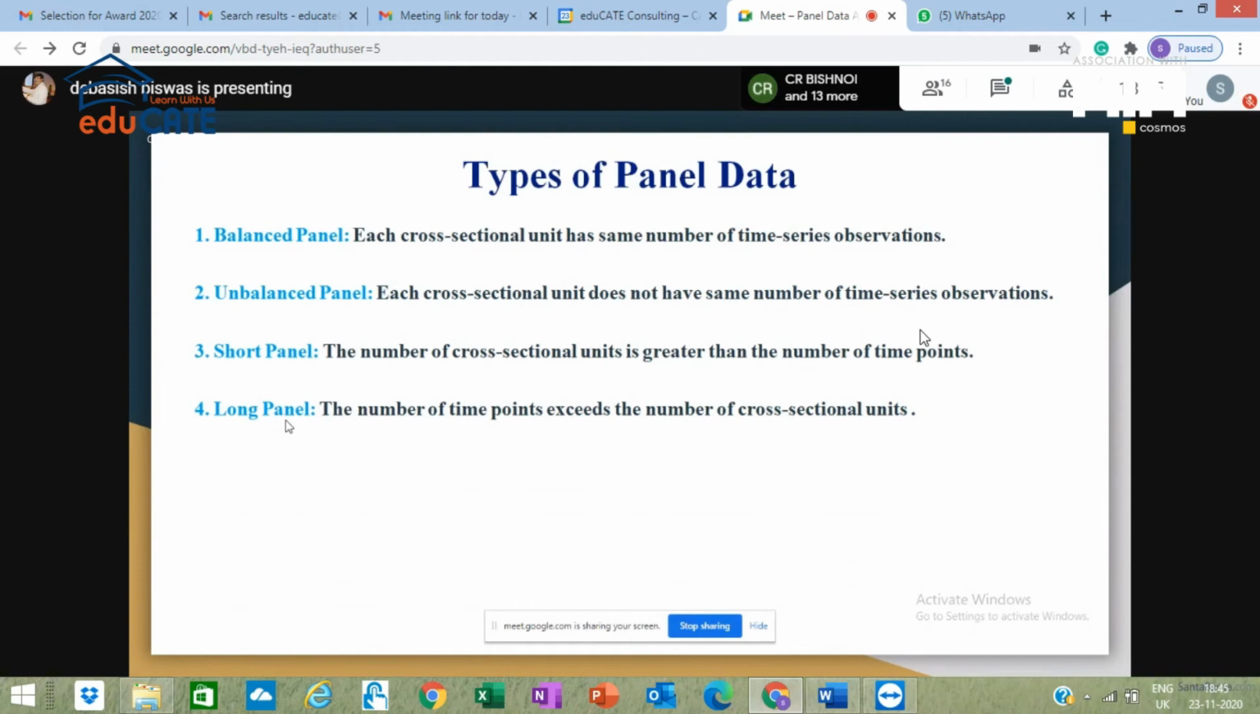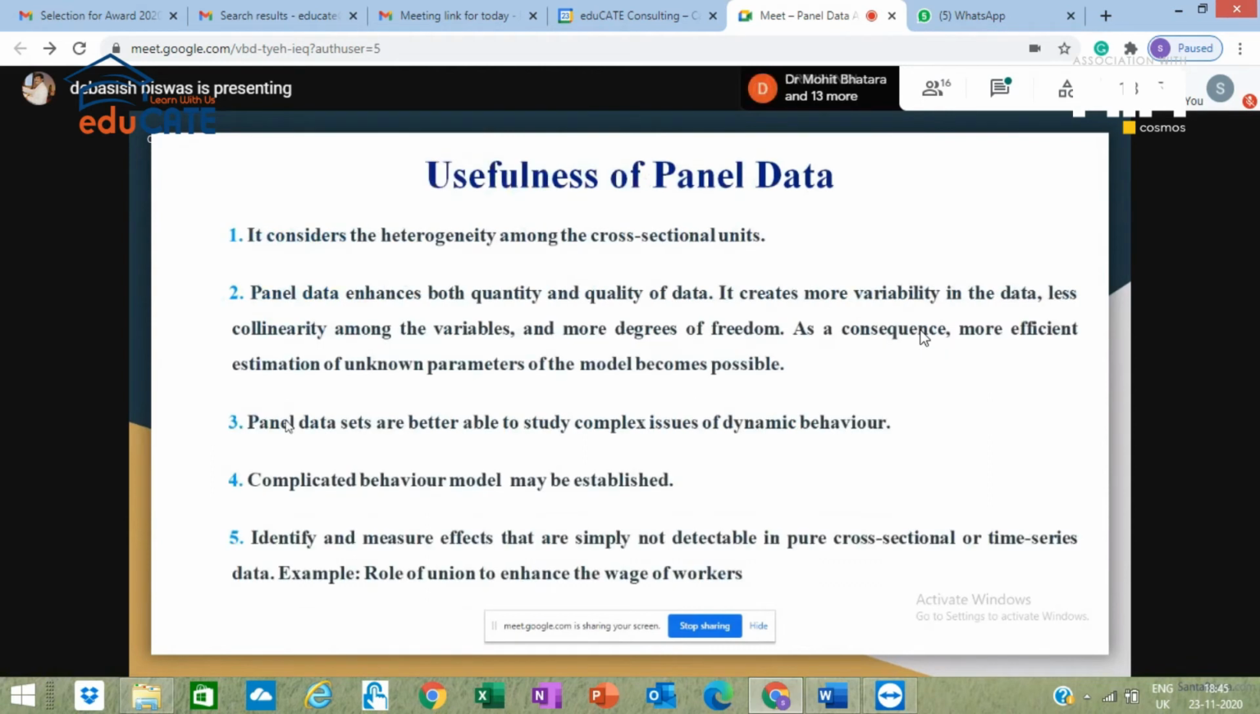I'm just going to my next slide. The usefulness of panel data. One by one I will discuss. You listen very minutely. What is the importance of